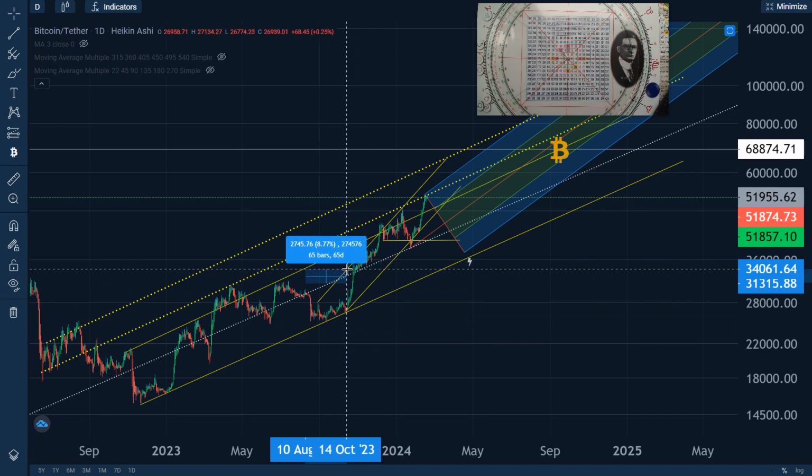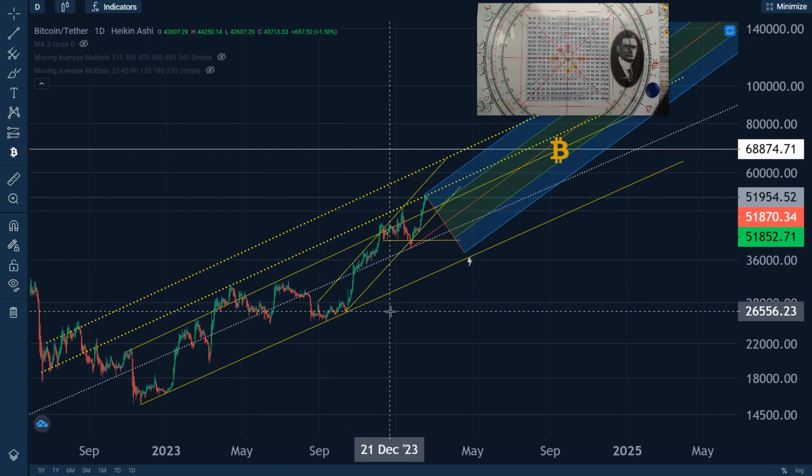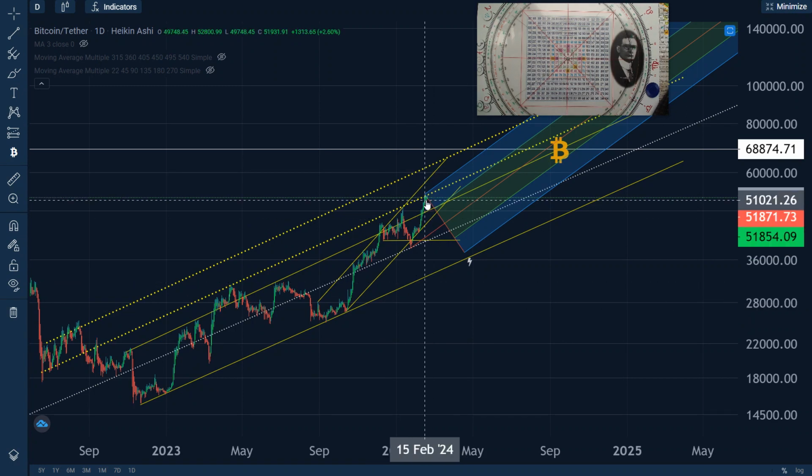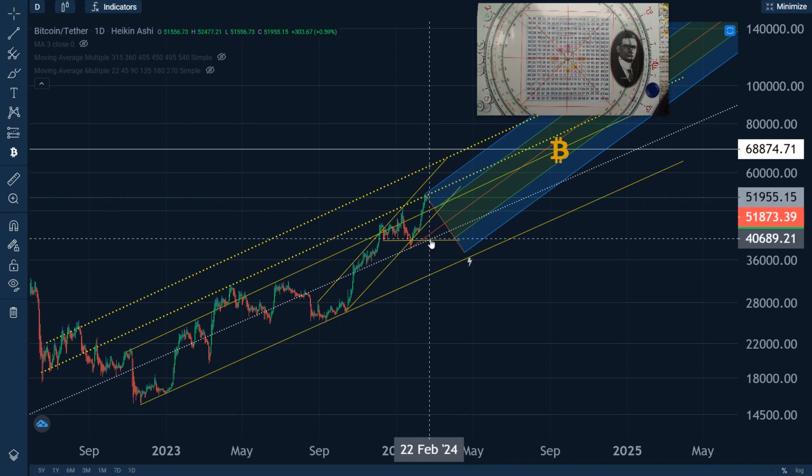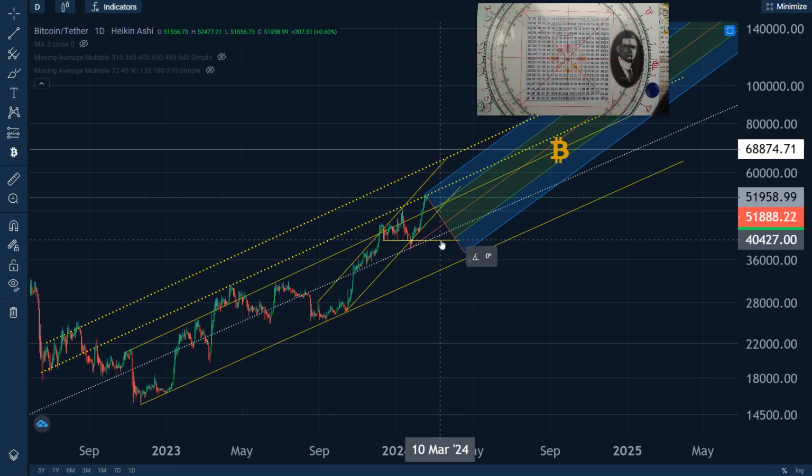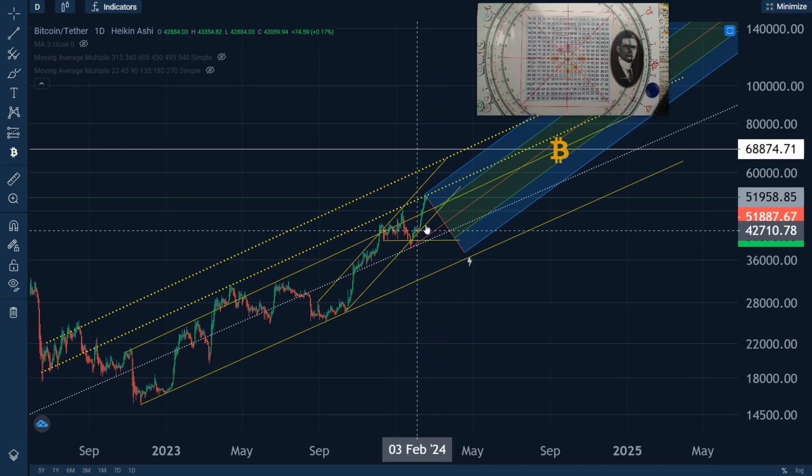And then we have that great big breakaway where I was warning you in my previous tutorials way back in October and September to buy Bitcoin here, and that's exactly what I did on October 15th at 27,200. I'm still in that trade, and I'm waiting for it to show weakness. And if it breaks back below this area here, I may consider exiting if it starts to show substantial weakness. However, we're watching it.